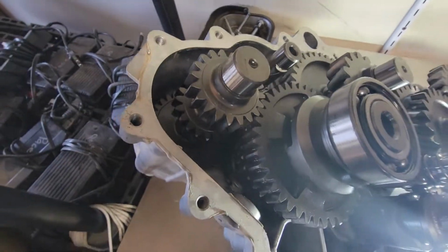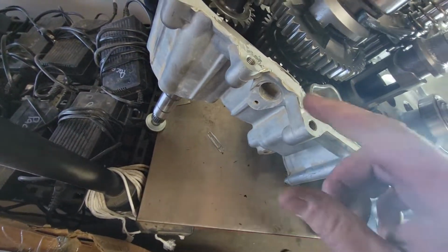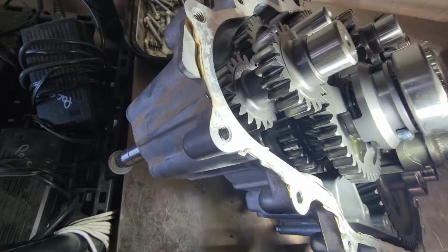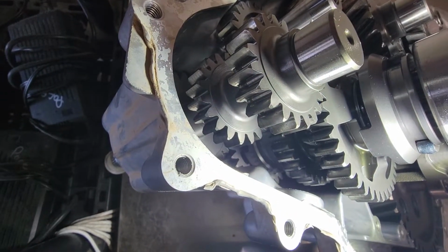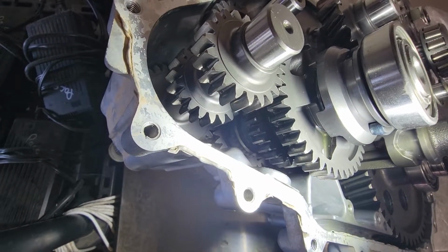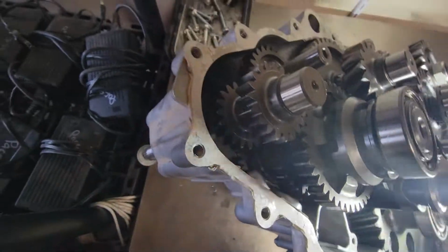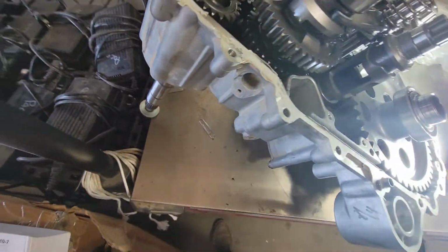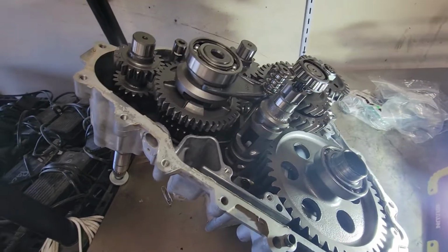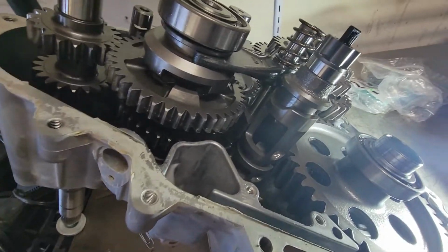And of course, when this shift drum moves around to the high gear, it pops into that engagement dog. You can see that engagement dog goes down and engages on. You can see the slots there. Hopefully in the video you can see that. It goes down and connects to that high gear. So in answering the question as far as it popping out of gear, I don't really see that being a